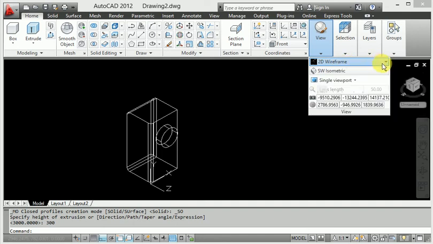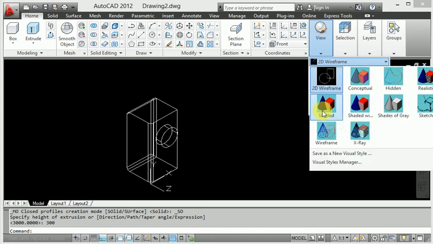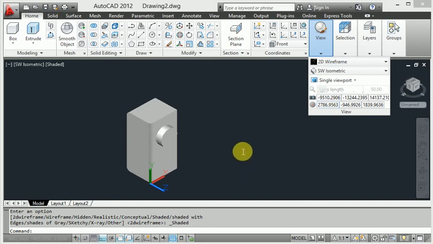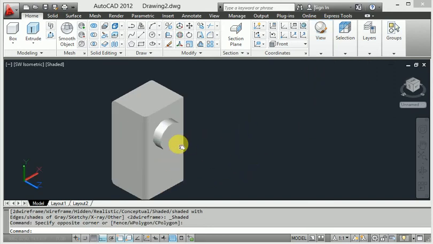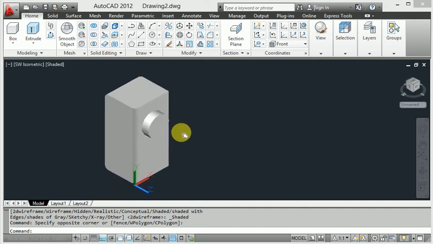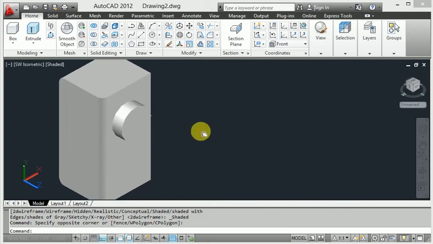When I go to visual style and apply shaded here, it converts to the 3D part of AutoCAD 3D design. So when I get the mirror, according to the mirror I have created.